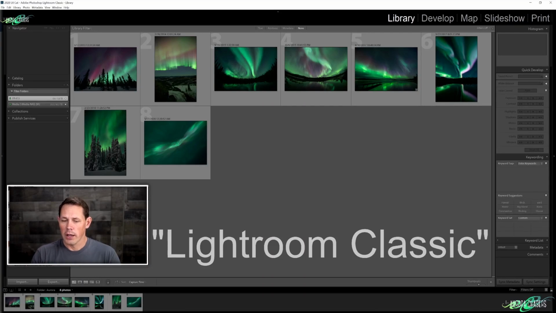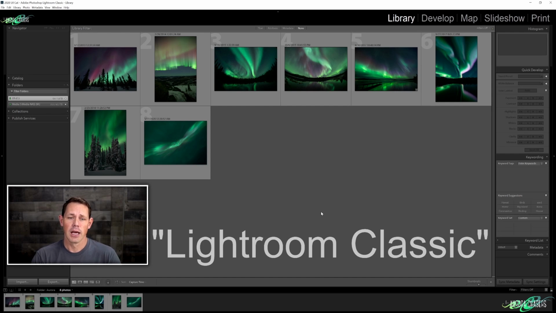Okay, let's get into Lightroom. So first thing is, I want to talk about what version of Lightroom I'm going to be using today. And there's a few things about this. This is going to be Lightroom Classic, which is what I typically use. There are, of course, multiple versions. There's Creative Cloud, there's the mobile version. A lot of these things are going to translate to the other versions, but for today, we'll be working in